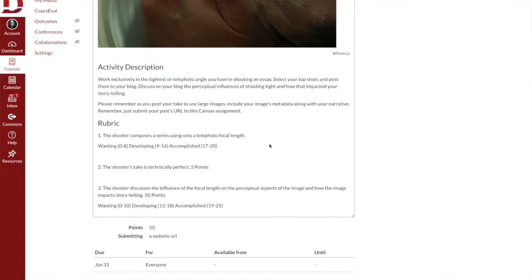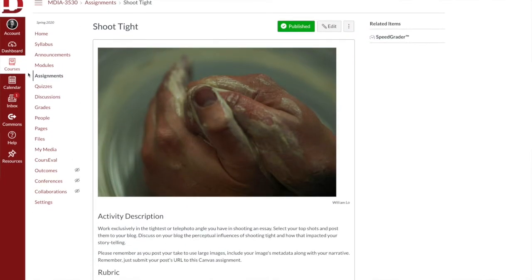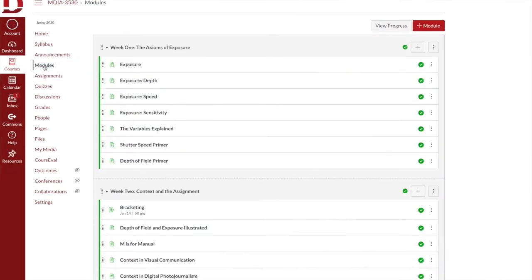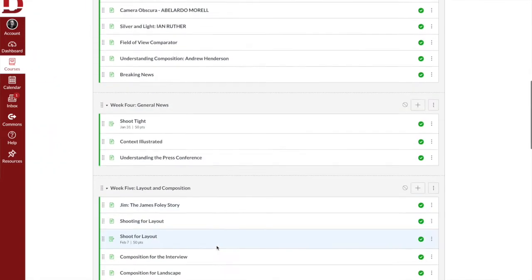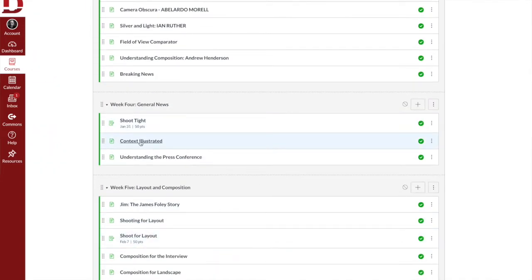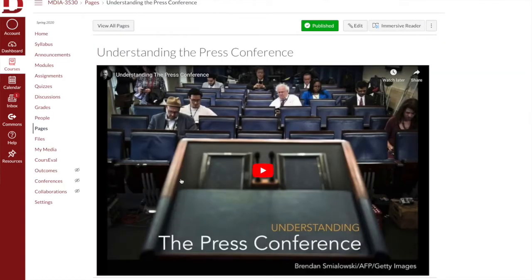There are 3 items on this rubric: that you compose a series using a telephoto focal length, that your take is perfect, and that you talk about the influence of the focal length as far as perception is concerned. Also in the modules for this week, it's a pretty light week actually. I have Shoot Tight, Context Illustrated. We talked about context last week, and this gives you an illustration of what I'm talking about in terms of photojournalism. And the last one, Understanding the Press Conference, gets into a clip of the do's and don'ts